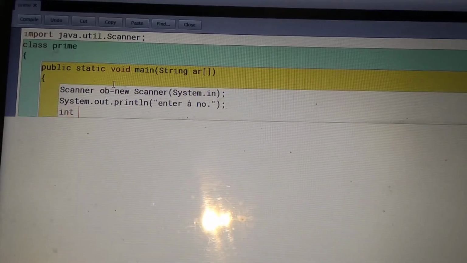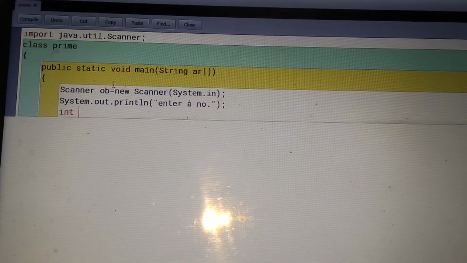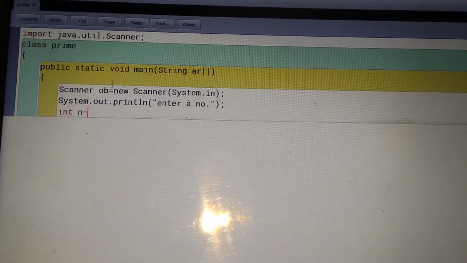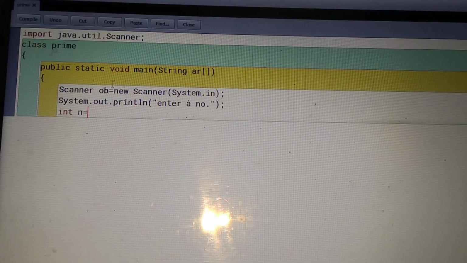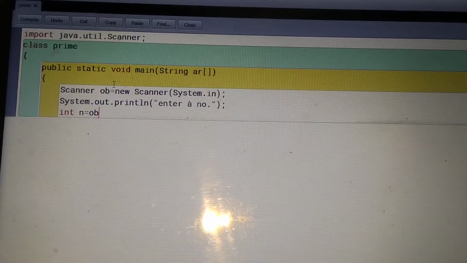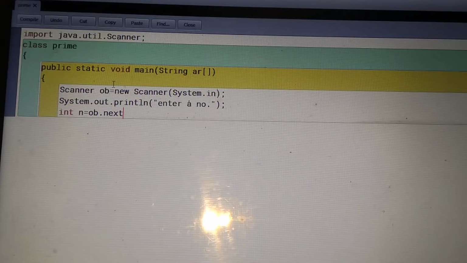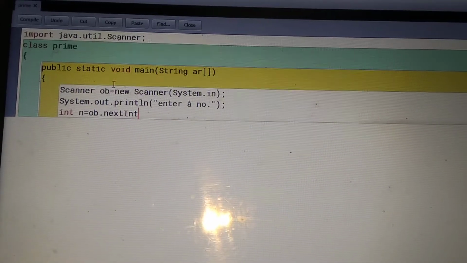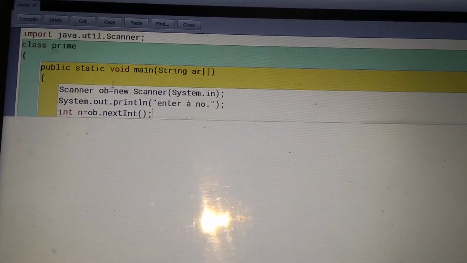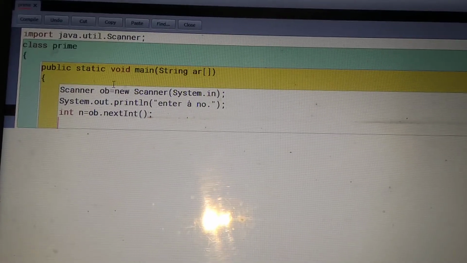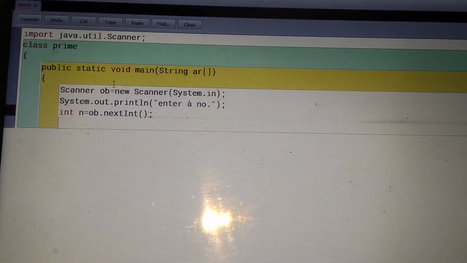So int, we have to take a number. So int n is equals to the object name OB dot nextInt. Okay, so here we take the input from the user.